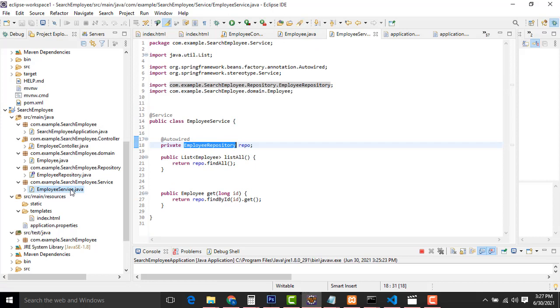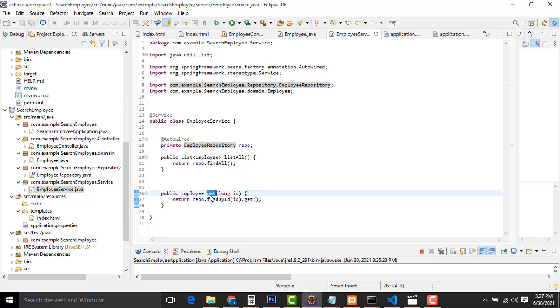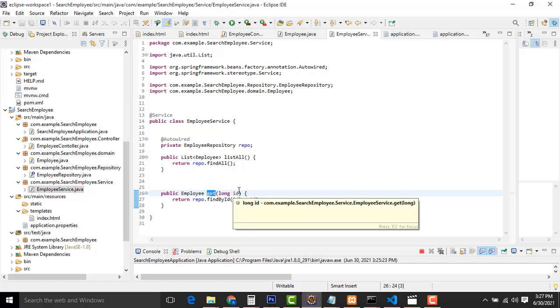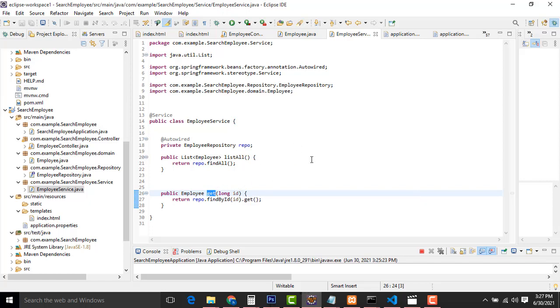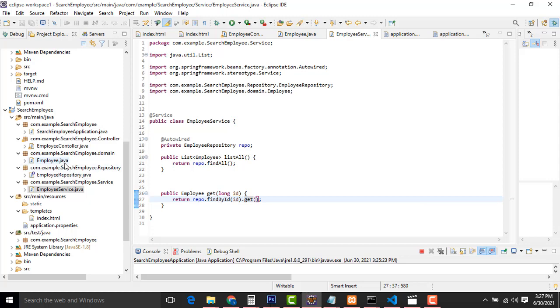Here there is the service. The service has one get method. What is the meaning of the get method? This is the method which finds the ID, the ID you enter in the particular text box. It comes here, finds the ID and matches the record, which is passed on. The service passes it to the controller.